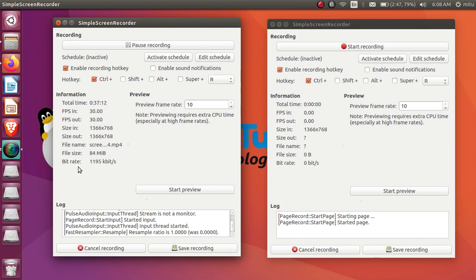The current file size is 84 megabytes. The bit rate is changing as per the audio, as per the recording method.